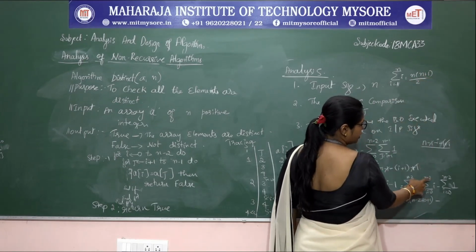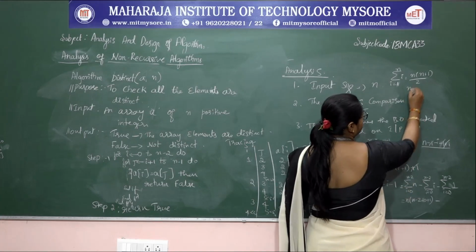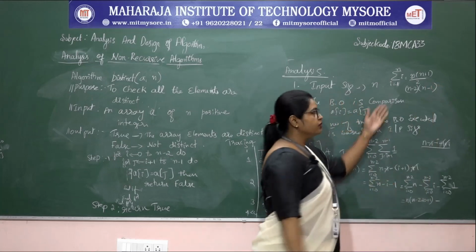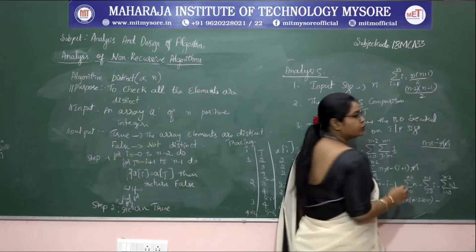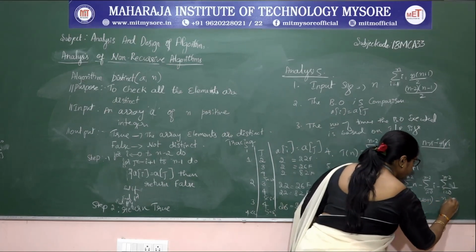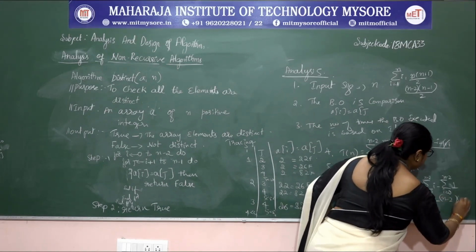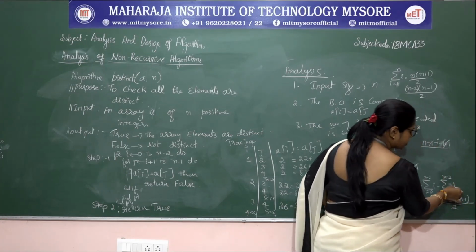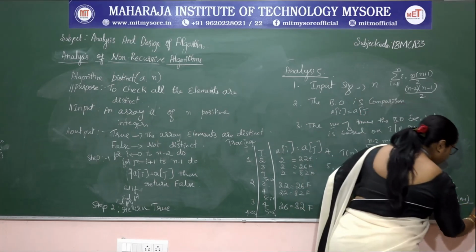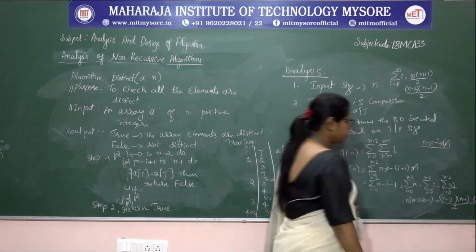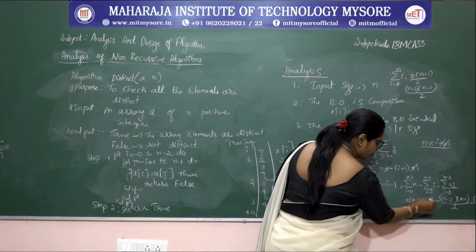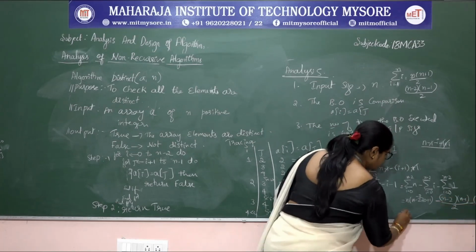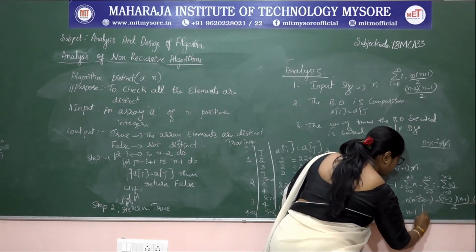But for this equation, upper bound is n minus 2, therefore, we need to replace n by n minus 2. So, this will become n minus 2 into n minus 1 divided by 2. So, this is n minus 2 into n minus 1 divided by 2, and minus upper bound minus lower bound plus 1, that is n minus 2 minus 0 plus 1. So, here it is also n minus 1. So, n minus 1 is common. So, here you can take n minus 1 as a common factor.